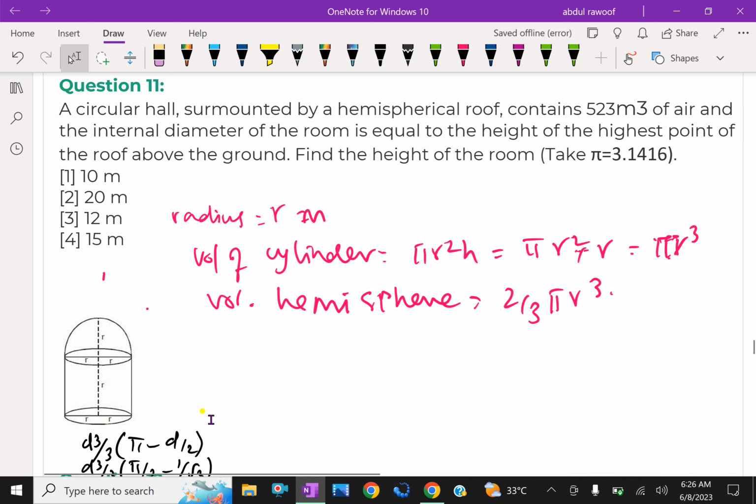Both together, adding both, pi r cube plus 2 by 3 pi r cube